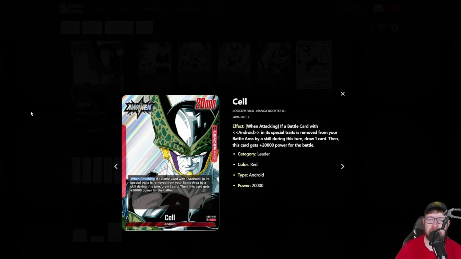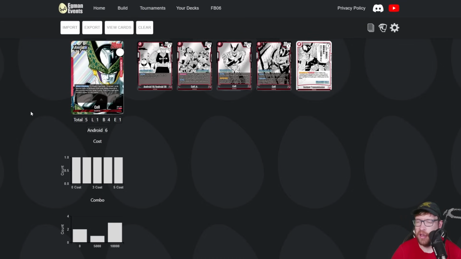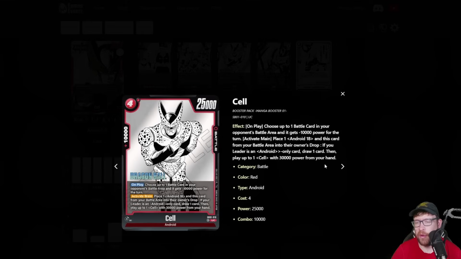So it depends on really how much of a cost that is, but I'm not expecting that to be too much. We do kind of have the basic combo. So we've got Cell. On play, choose up to 1 battle card in your opponent's battle area, gets minus 10k power for the turn. Then activate main, place 1 Android 18 in this card from your battle area into its owner's drop. If your leader's Android only card, draw 1, then you get to play 1 Cell with 30k power from your